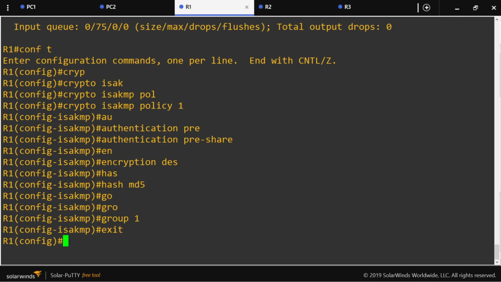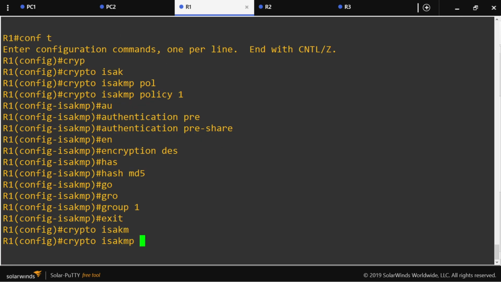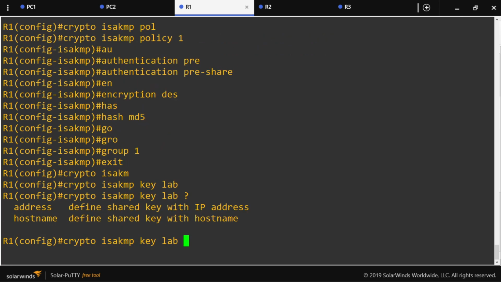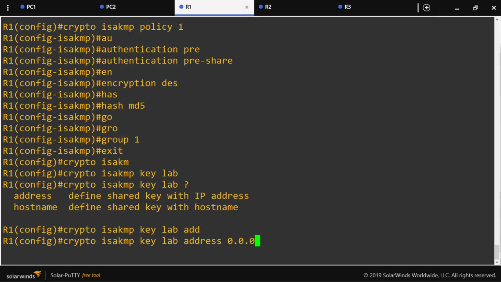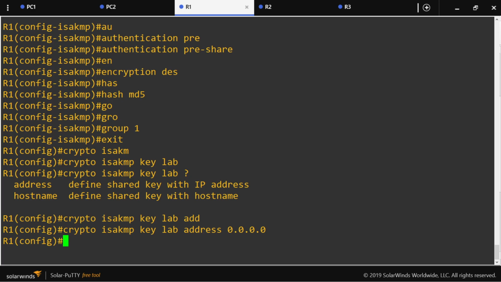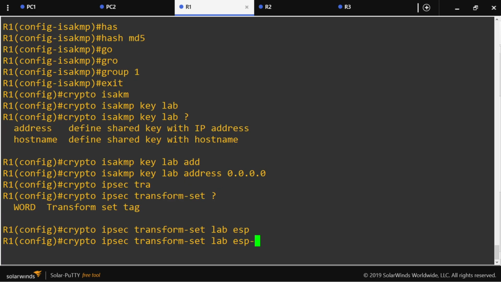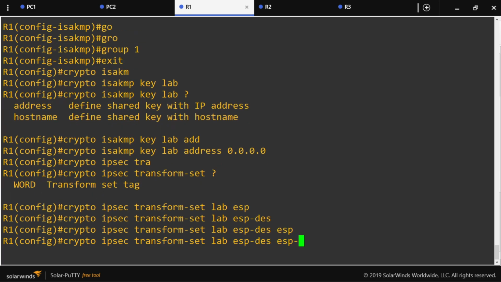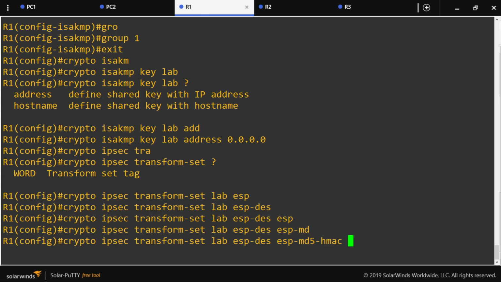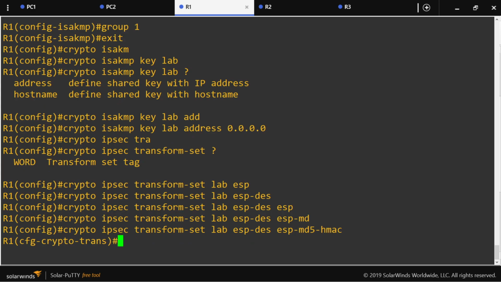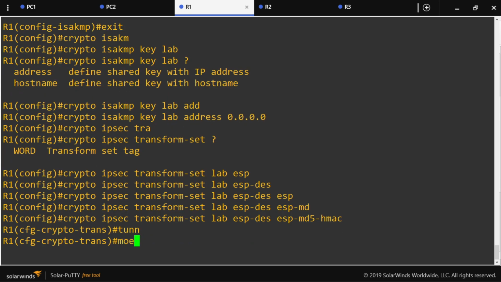Now let's establish the authentication key. Crypto ISAKMP key lab for everyone. And then let's configure phase 2. Crypto IPsec transform set lab. I'm going to choose this and MD5. You shouldn't use this, and you should use MD5. Tunnel mode, transport,